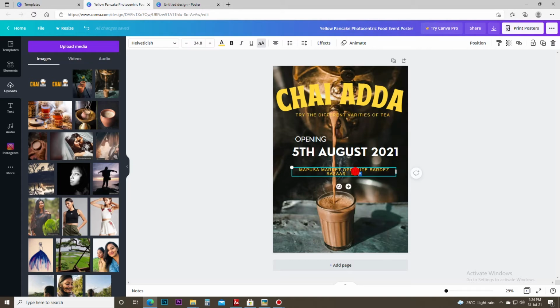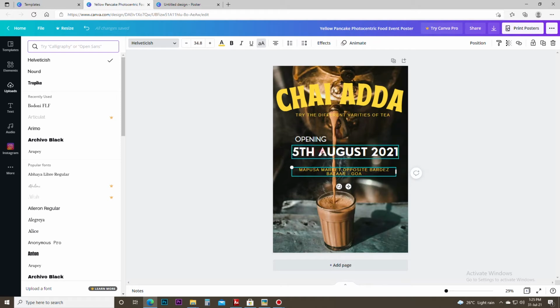I want to change the font over here. Now you can even do that in Canva. If you don't like the font, you can really change the font. Now I have selected the words which I want to change the font of. So select that, and you can see this option here. You just have to click on these different types of font. As you can see, I'm clicking on this one and the font has been changed. The same you can do for the other ones.